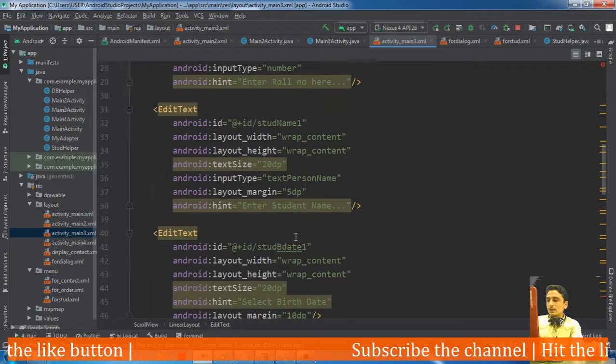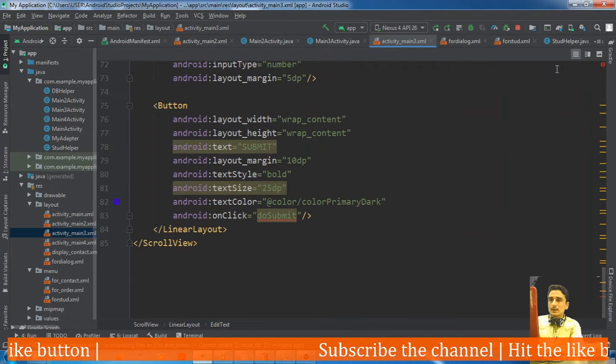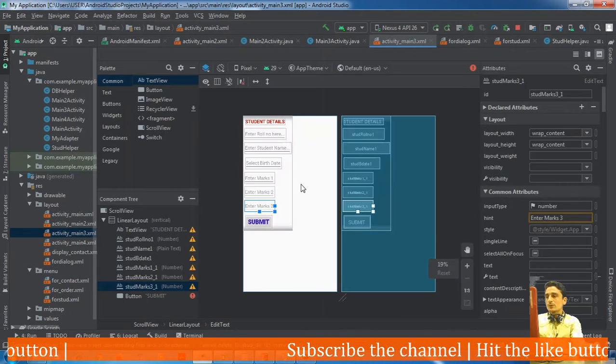One more thing to be done here is, let's see the output of this layout.